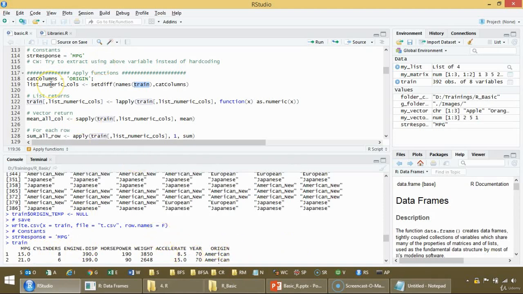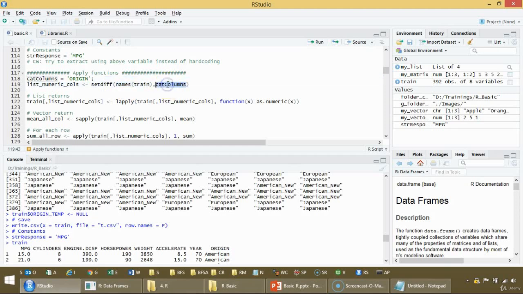So if you want to find all the numeric columns, there are multiple ways. In one way, we know that only one is categorical and the rest are numeric. So this is the complete column name, and this is the categorical column. So setdiff does the difference of set theory. I hope you recollect the difference in set theory, A minus B, which we studied in higher school. So it is doing this